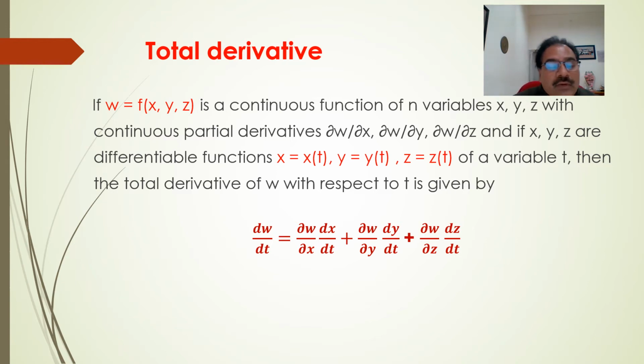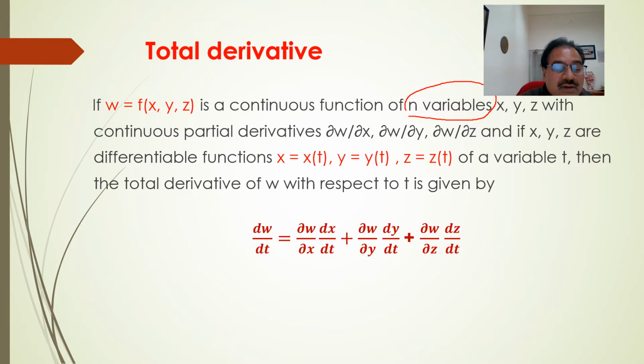Dear students, today we are going to discuss the total derivative. So let us learn what the total derivative is. If w is equal to a function of x, y, z, a continuous function of n variables, let us suppose x, y, z, with continuous partial derivatives del w over del x, del w over del y, del w over del z, and if x, y, z are differentiable functions, as x is equal to x(t), y is equal to y(t), z is equal to z(t)